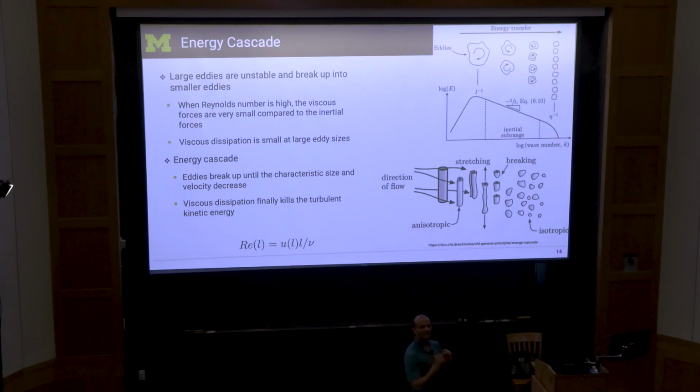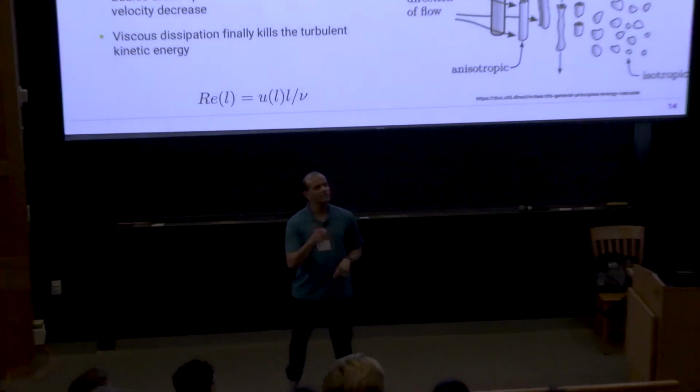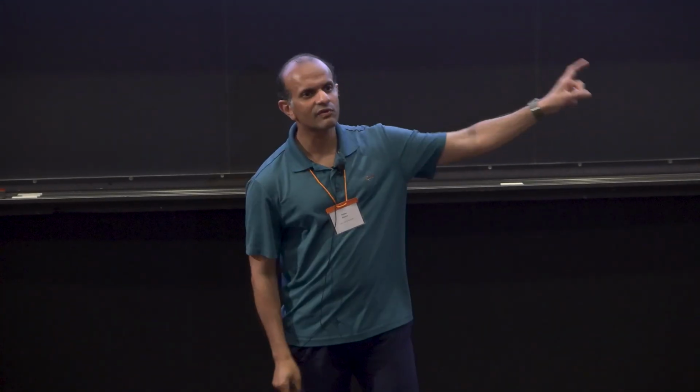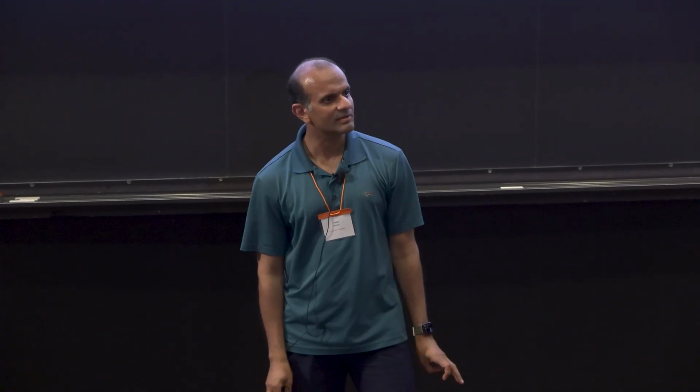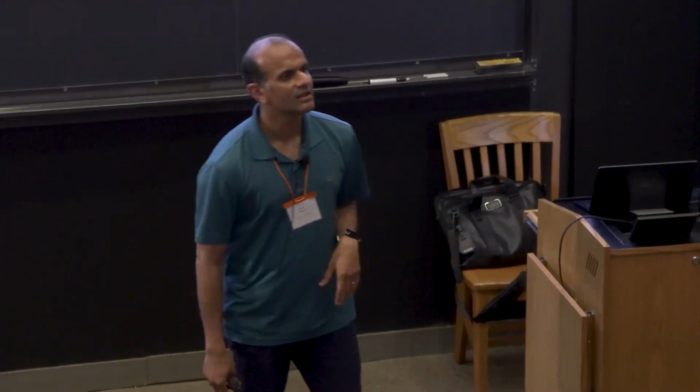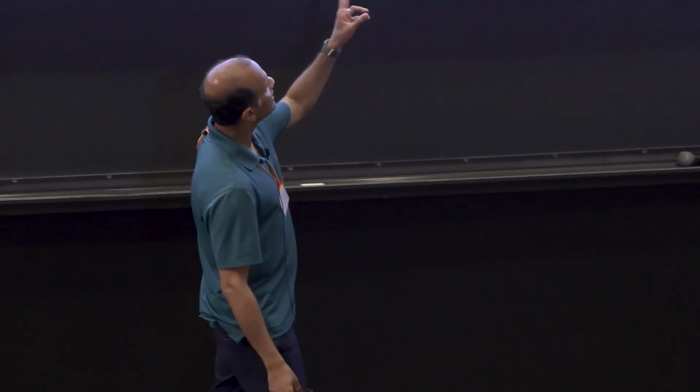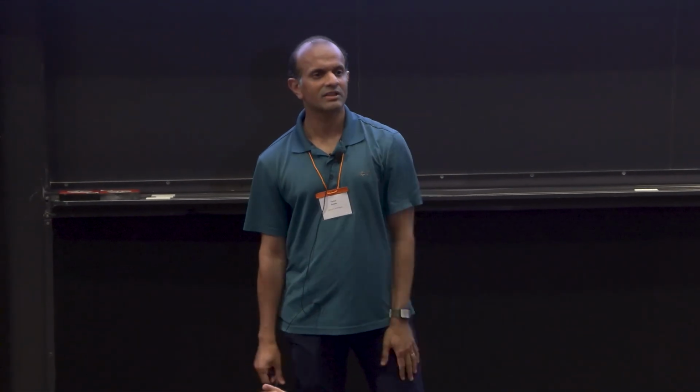They all look isotropic. This is not entirely correct what I'm saying, but you can imagine as a thought process, if you are able to zoom into a small section of any turbulent flow, if you go down to a particular scale and you look at the structure, the eddies there, you will not be able to say which flow that structure came from. They will all look the same. So that is the isotropic feature. Isotropic means that in every direction it looks the same. Okay? So it's isotropic in nature. So turbulence eddies break down and they become isotropic at some level.